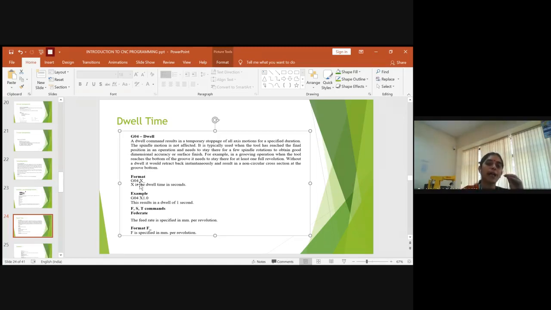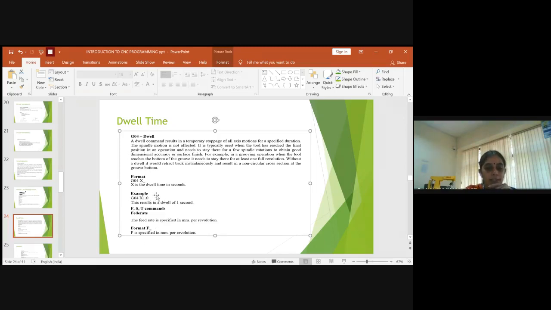You need a dwell time at a particular coordinate value along the X direction. So you will provide the dwell time in terms of seconds. It will not be in minutes, it will be in the unit of seconds. Okay, so you will write as per the requirement what dwell time you need. And dwell time always should be in terms of seconds.